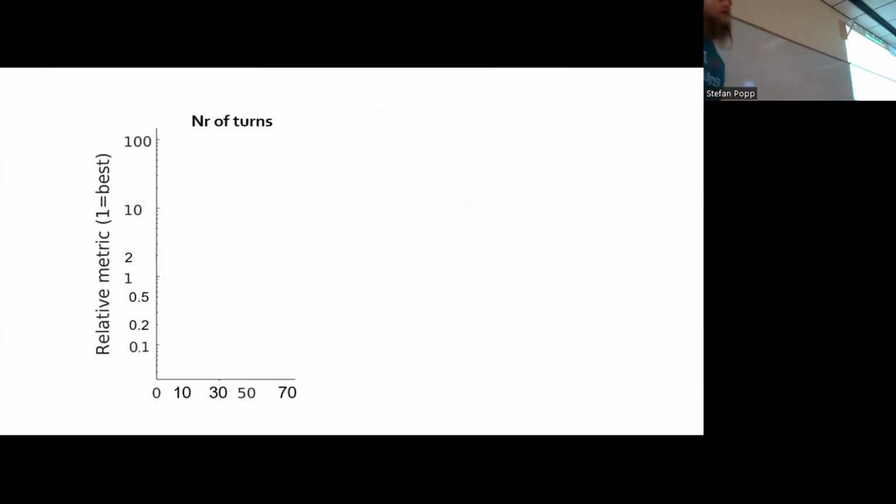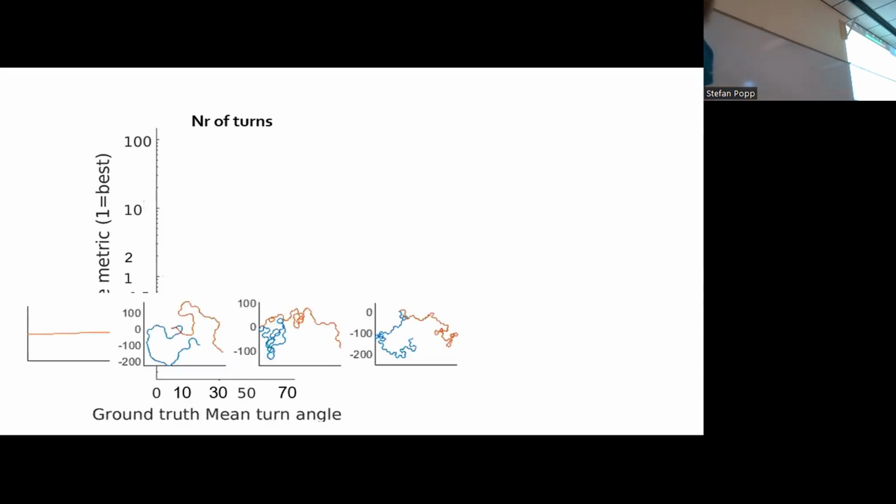Therefore, I compare them on metrics, on the number of turns, and also two other metrics that I will show. That is on the y-axis, relative metric. So 1, which is right there, would be the perfect value, because this is matching the ground truth track perfectly. If it's above 1, then the resample track is overshooting, for example, here it would be number of turns, and vice versa. On the x-axis, going to the right, the ground truth track is becoming more